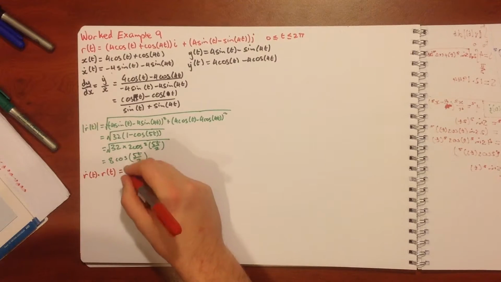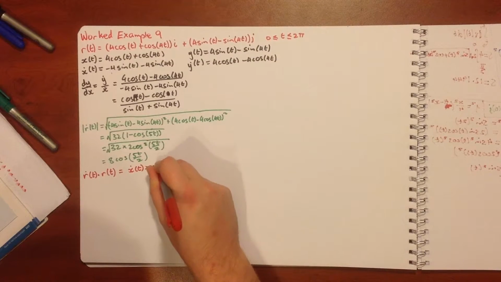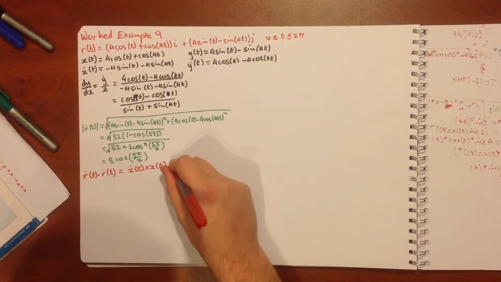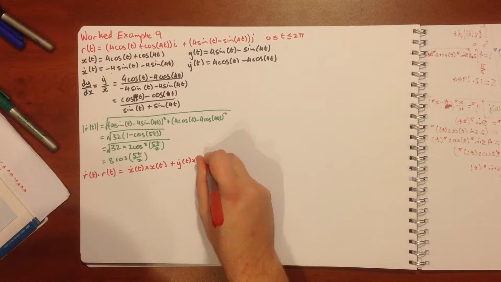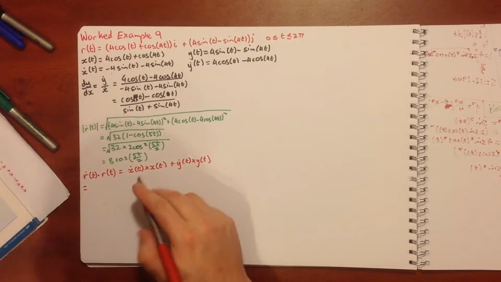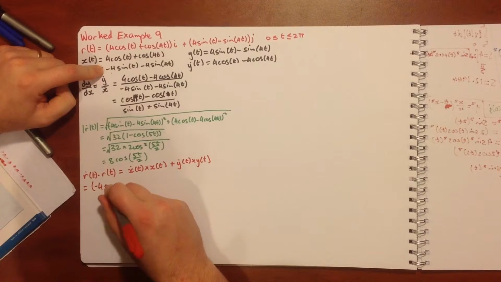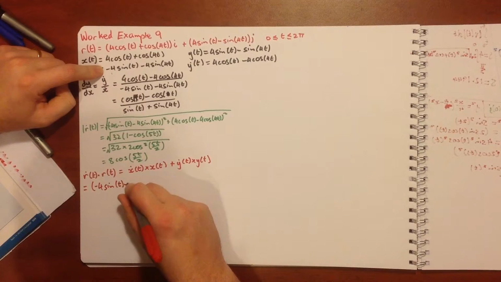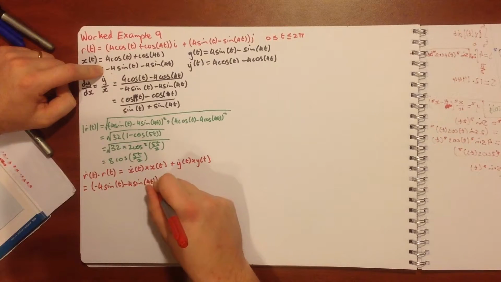This is going to equal our x dot of t times our x of t, plus our y dot of t times y of t. So that's going to equal our x dot of t, which was our minus 4 sine of t minus our 4 sine of 4t,